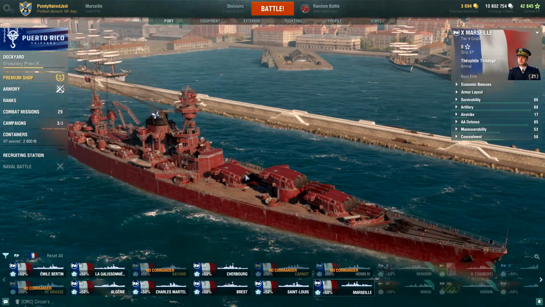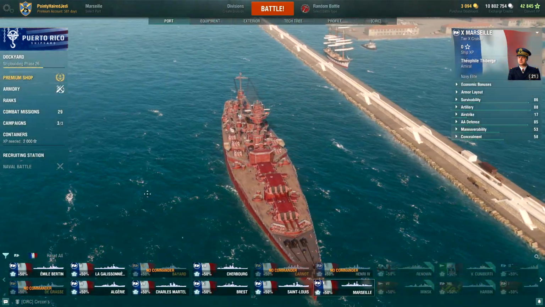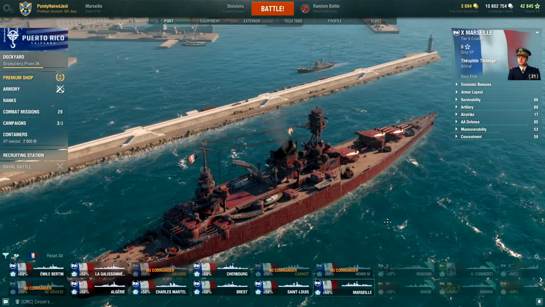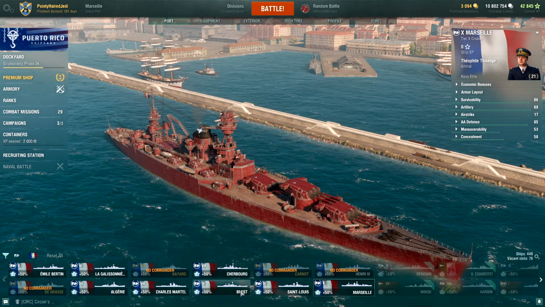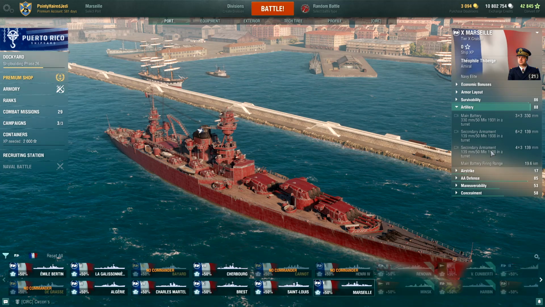So unlike its predecessor, which has got only the 2 turrets, we're now up to 3 triples. So it's more of an Izumo / Nelson kind of layout. Still the same 330 mils that we had at the lower tier at tier 9. I've actually got a slightly worse range on these because